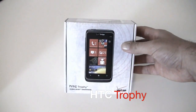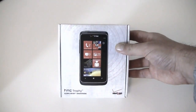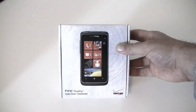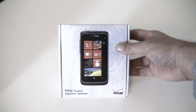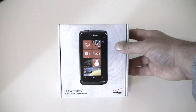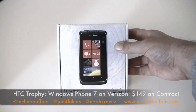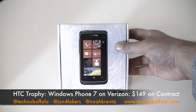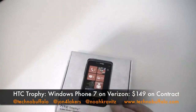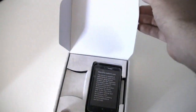What is going on? I'm Noah from TechnoBuffalo.com. It's the HTC Trophy, one of 4 new smartphones Verizon rolled out this week. This is the only Windows Phone 7 device they rolled out. The others, all Android phones: the LG Revolution that does LTE, the Droid X2, dual-core version of the Droid X, and the Xperia Play, the PlayStation phone, all rolling out this week. But this one, the HTC Trophy,